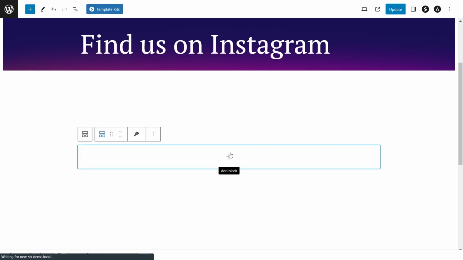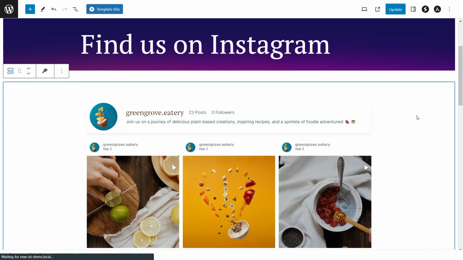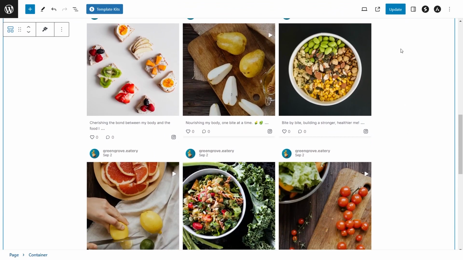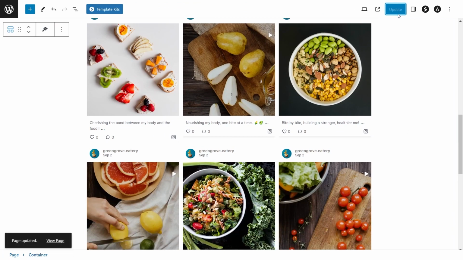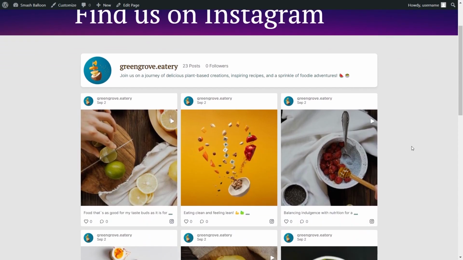Alternatively, if you're using Block Editor, you can use a dedicated Instagram feed block like this. With this option, you'll see a beautiful preview of your new Instagram feed directly inside your WordPress webpage. We can now click on Update and check out what it looks like on the live website. And here we are now on our live WordPress webpage, and right in the middle we have our brand new